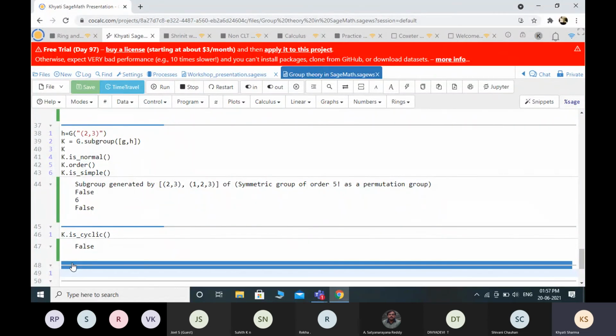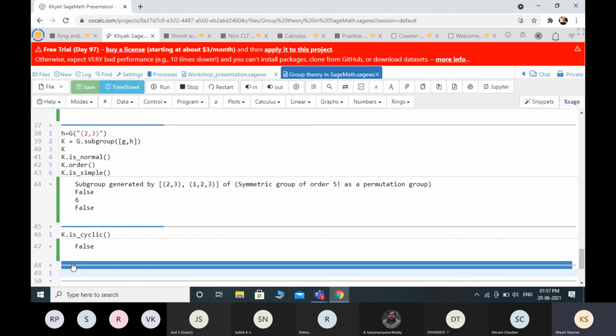Like means if we are defining some group, and I want to find out the center or centralizer of some elements, those things we can also find here. The command is group, and then you press tab, and there are the options center and centralizer. Similarly, you can check groups are nilpotent or super solvable or solvable. That is also one interesting thing.